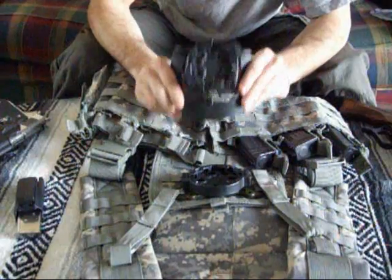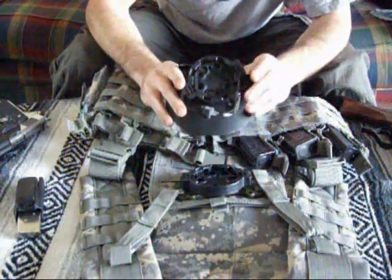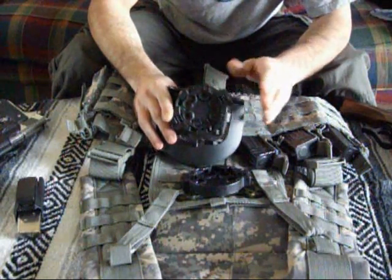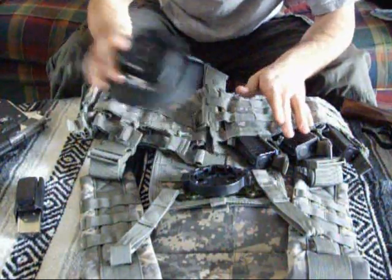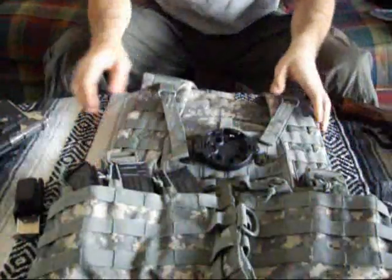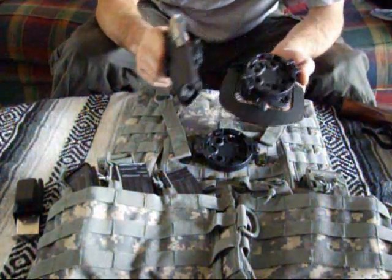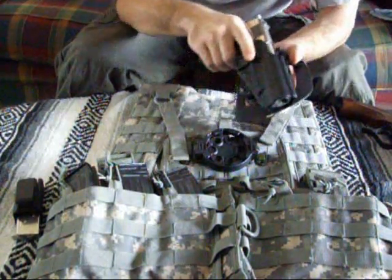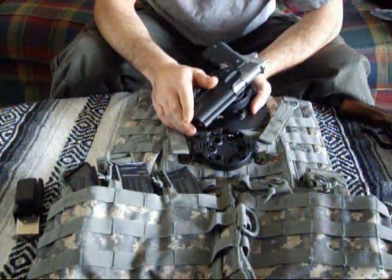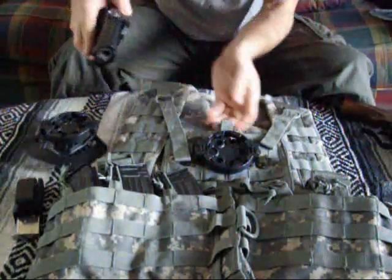you can get BLACKHAWK in many different configurations, especially if you put one of their aftermarket parts on them. One of their accessories for these holsters is their quick disconnect. Their quick disconnects are awesome. For instance, on my chest rig itself, if you can see that, I just hope you can. Say this thing is on, and not to mention with these quick disconnects, you can adjust your cant accordingly. Now, say it's on your hip, and for some reason, you have a reason why you're wearing tactical nylon or tactical gear. Now, if you don't want it on your hip anymore, you can pull it off, find your chest rig,